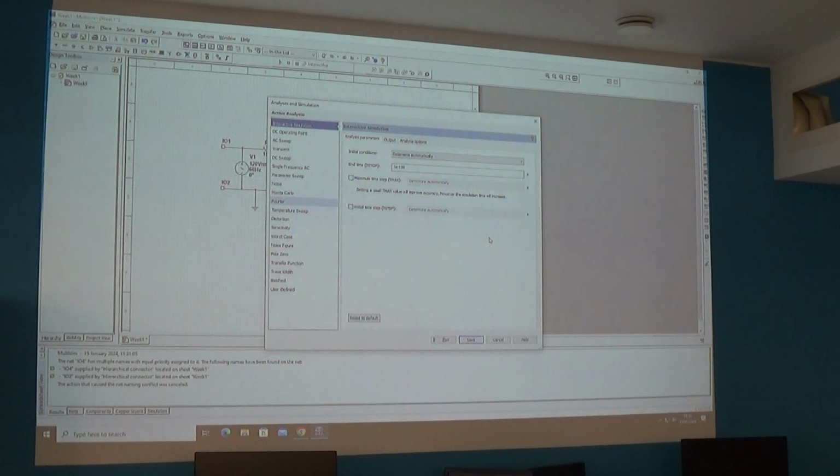in electronics. I think probably the two most useful on there are the Fourier, and you'll do that in some theory or other, which is that you analyse what frequency components are there. We're not going to do that. We're going to do an AC sweep. We're going to effectively turn that signal generator from 0 Hertz up to a few megahertz. So let's do that. So we click on AC sweep,